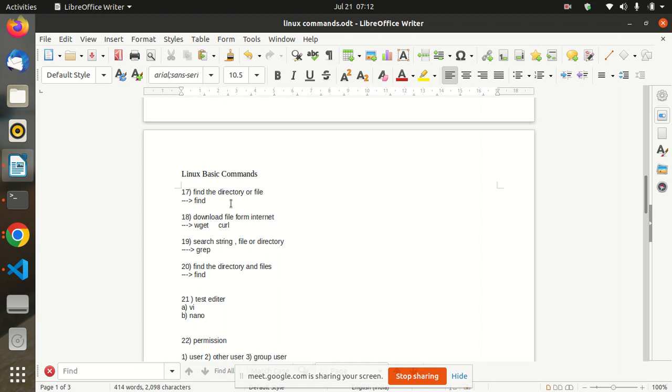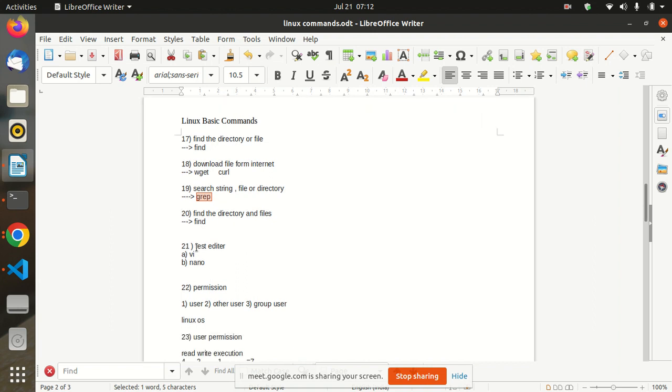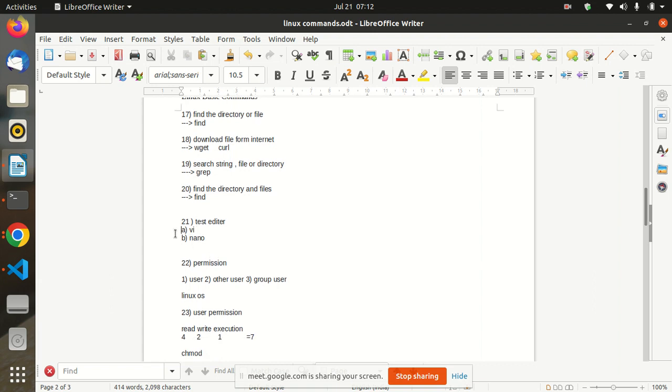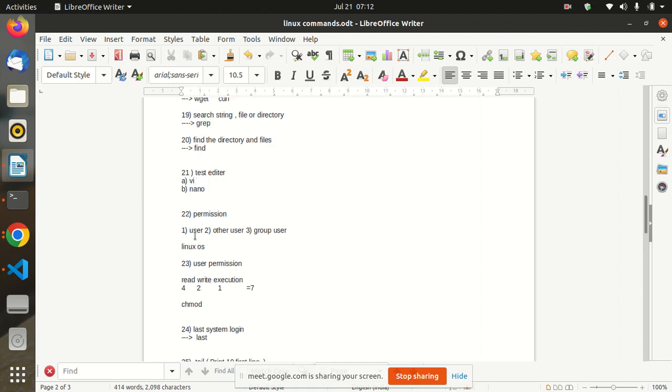Find a directory or file using the find command. Download a file from the internet using the wget command or curl command. Search a string in a file or directory using grep. Find the directory and files is repeated. Text editors: there are two most popular text editors in Linux, the VI editor and the Nano editor. Most DevOps engineers use the VI editor, and in the VI editor we can save from